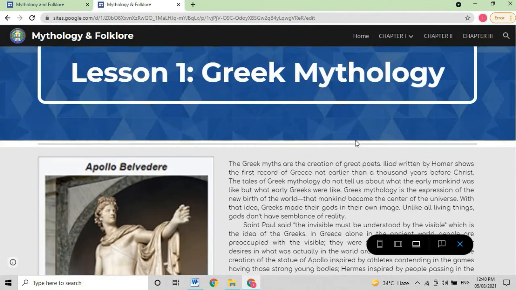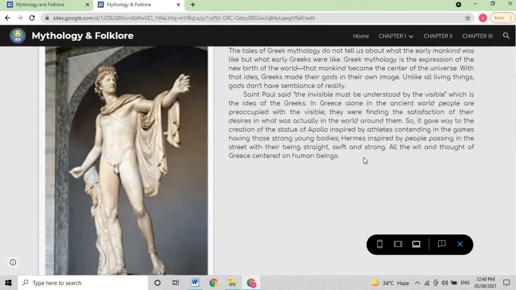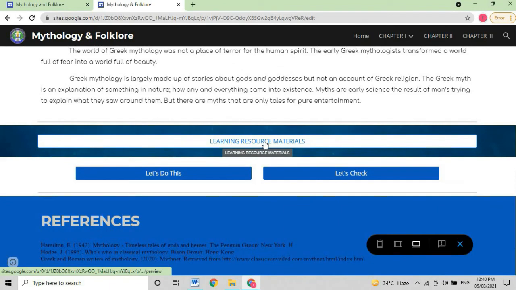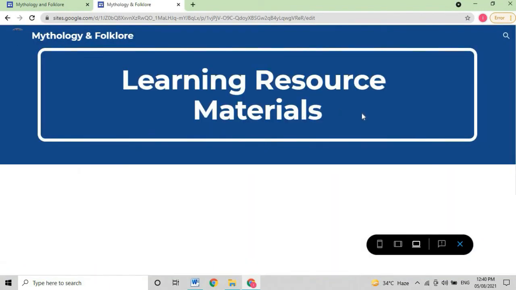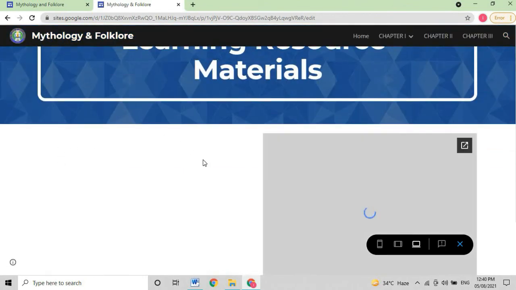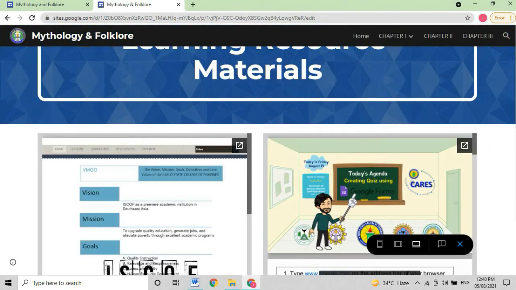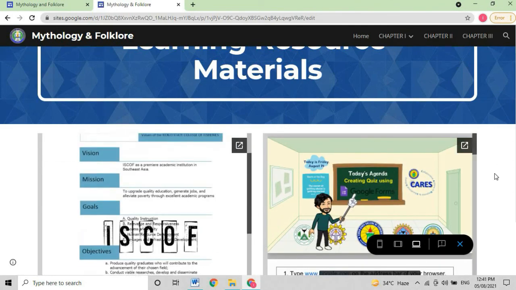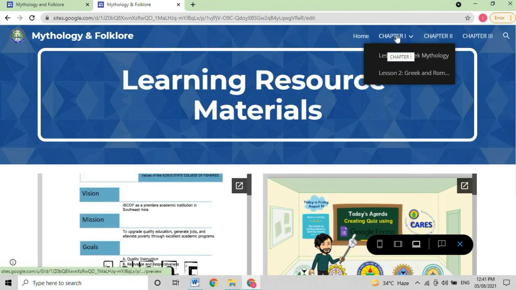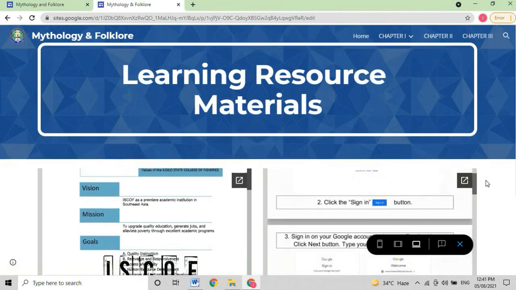So on the first lesson, we have also the introduction and the discussion. And then let's see this learning resource materials. Okay, so we have the page, and this is where we inserted the forms and this document. Okay, so this is how it looks now. And then shall we go back? We have also